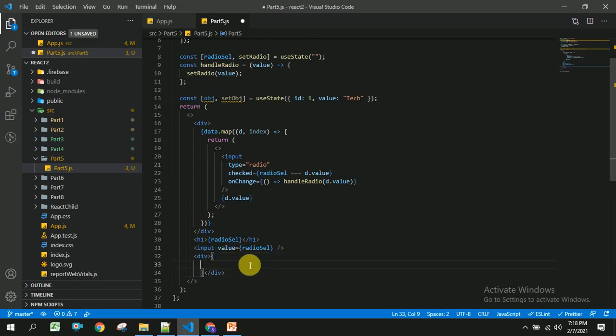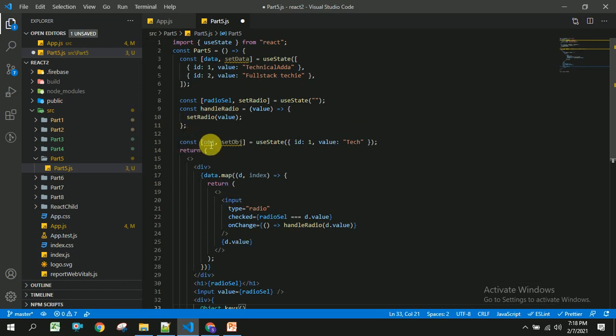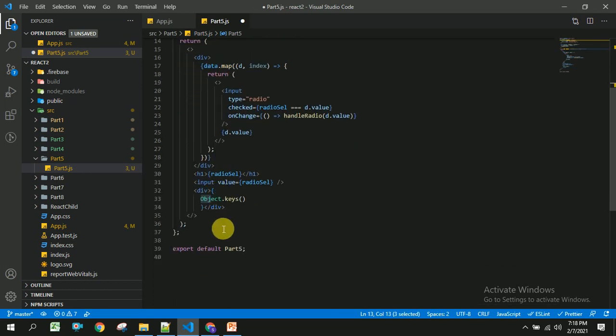I am going to use Object.keys of the data. So it will get all the keys for us, and I am going to map these keys, key and index.